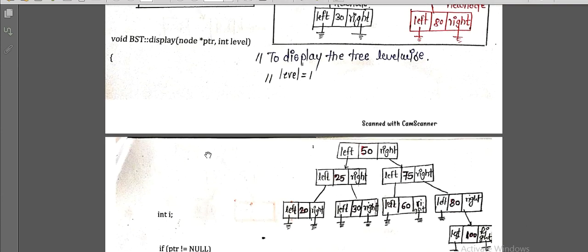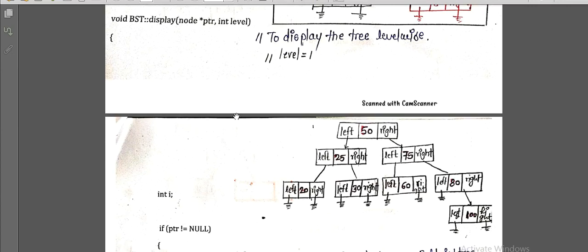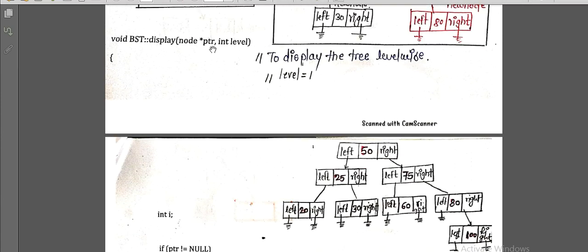After that, what is the next thing? We have to display the tree. So how are we going to display the tree? In displaying the tree, we pass a node pointer, whatever tree root node we are passing, and one parameter as an int level. Whenever we called this function in the main function, we passed the value 1. I have told you that the meaning of 1 is nothing but the level. So initially the level is 1, which we mentioned over here, because we want to display the tree level-wise.